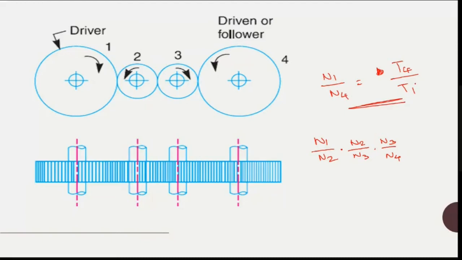Sir, for this diagram, since the number of intermediate gears is 2, the driver and the driven will rotate in the opposite direction. Yes, correct. These are all what we call a simple gear train, because each shaft has only one gear connected. Next we will go for the compound gear train. I think the time is up. We will stop here and continue tomorrow with the compound gear train.